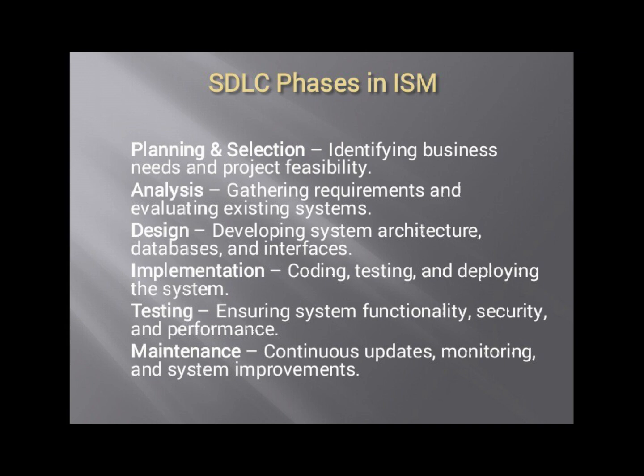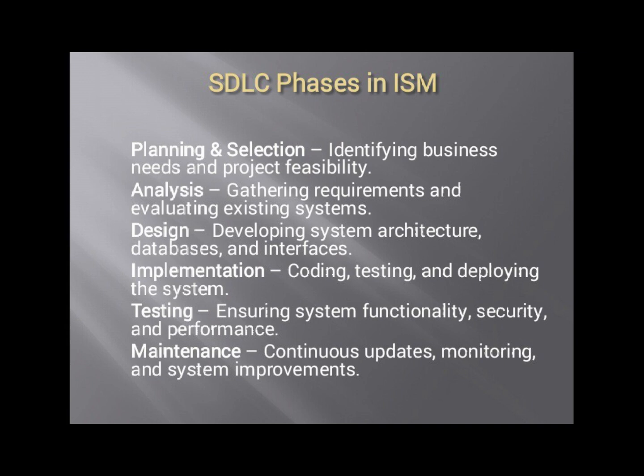System development lifecycle phases in information system management. We will dive into the phases on the next slide, but let's see the rough steps. The first one is planning and selection, identifying business needs and project feasibility. In the planning section, we will identify the business needs. So what are our business needs, and the project feasibility will be identified in the first planning and selection